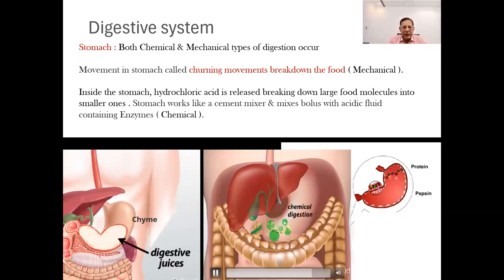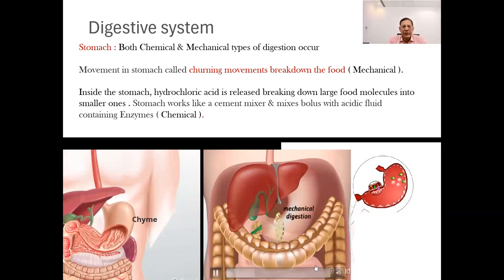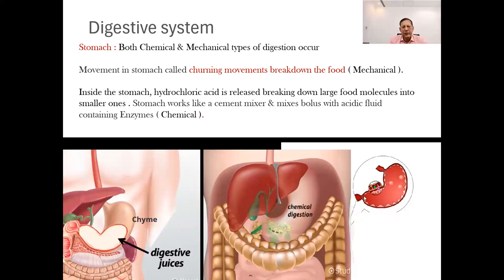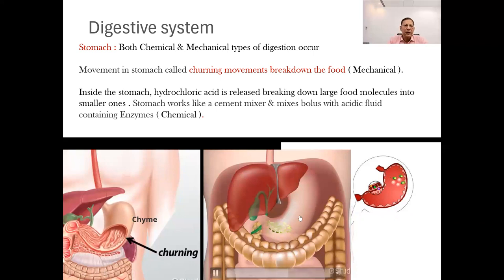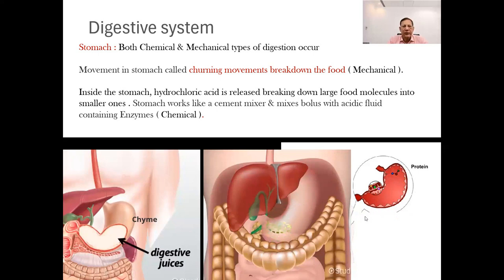The muscle wall of the stomach, through churning movements, compresses and breaks up the food into smaller particles, creating a semi-liquid consistency of bolus, which we'll see is called chyme. In the next slide, we see there are cardiac and pyloric sphincters which remain closed during the churning movement of the food. And secondly, the acidic environment, or the presence of the hydrochloric acid in the gastric juice